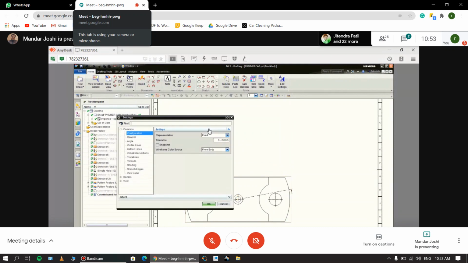Just click on it. For every view there is a setting option. So what I need to use here, I want to increase the spacing between section lines.